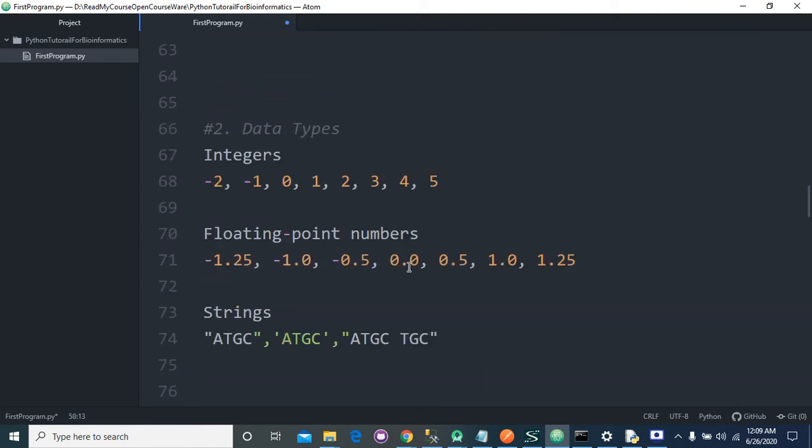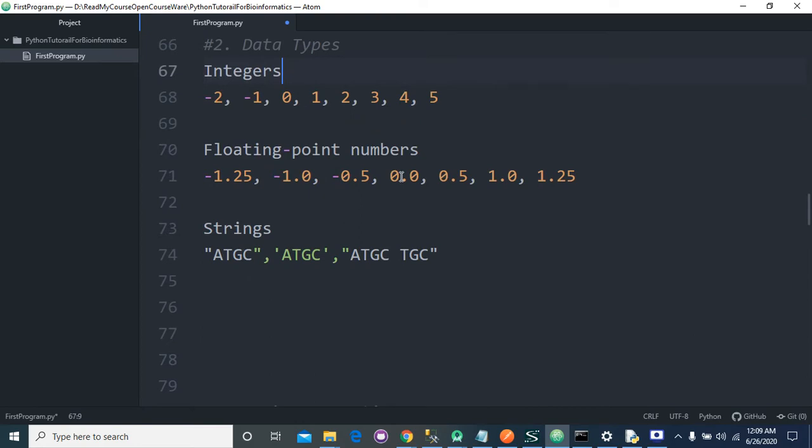Now data types. There are three common data types in Python. First is integers. Integers are nothing but numbers that can be minus 2, minus 1, means positive or negative numbers, including 0. Floating point numbers.